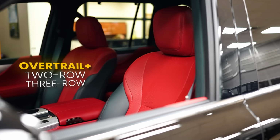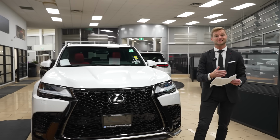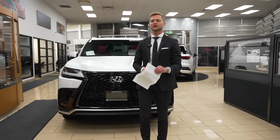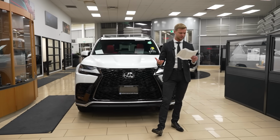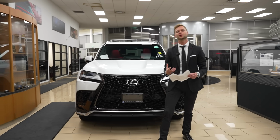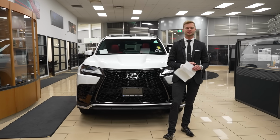And what those mean is it's not just the Overtrail base that we saw on the GX, it still has the amenities of a flagship SUV like the LX. So things like massaging seats, things like a nice interior dash with features like illuminated door scuff plates, a button you can press to park your car. So imagine this, an off-road rugged SUV where you don't have to sacrifice some really high-end amenities,